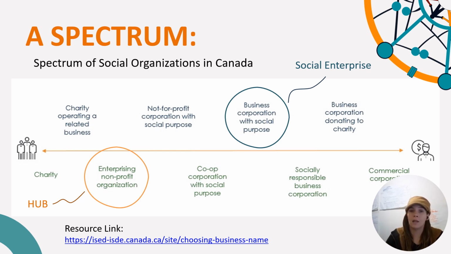And next on the line, we have a socially responsible business corporation donating to charity, and a commercial corporation on the far right. So those last three are sort of traditionally what's been done in the corporate realm, right? It's social responsibility programs, which usually involves just giving money